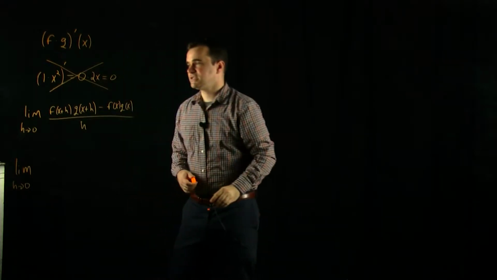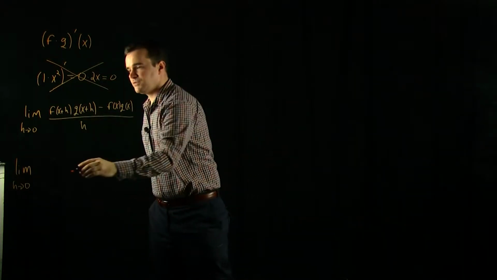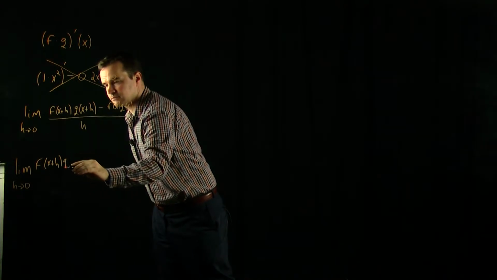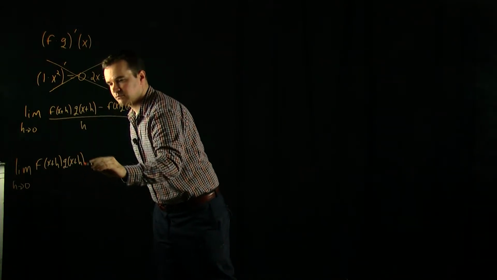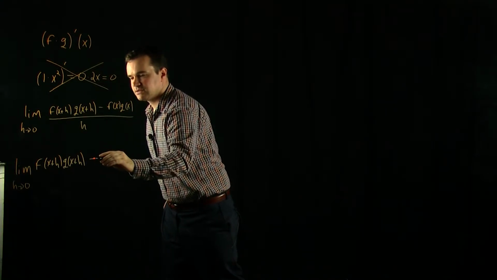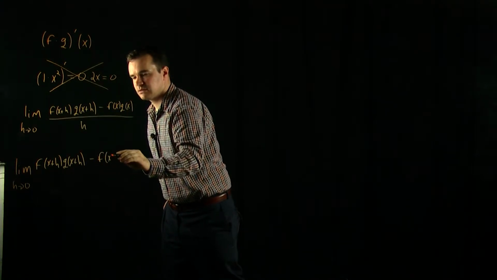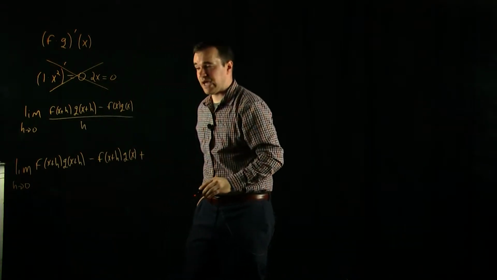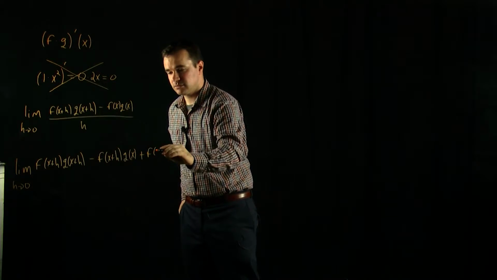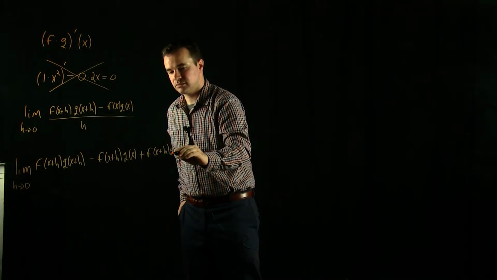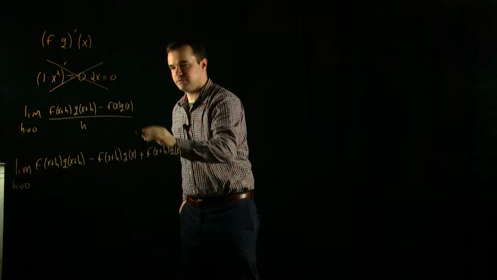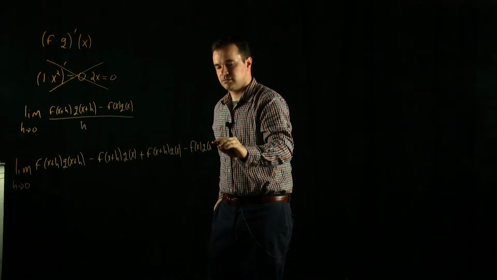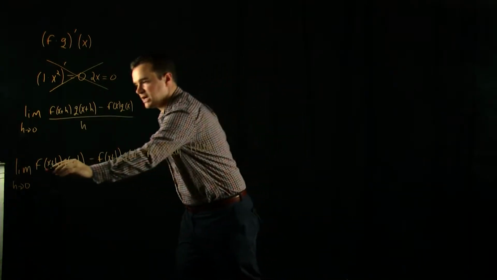It's going to take a limit as h goes to 0, and I'm going to not alter it in any way, except what I'm going to do is subtract f of x plus h times g of x, and then I'm going to add it back. And then I'll subtract f of x times g of x,